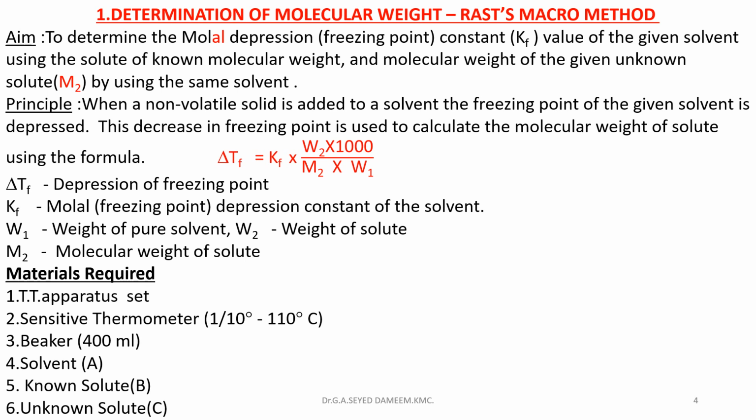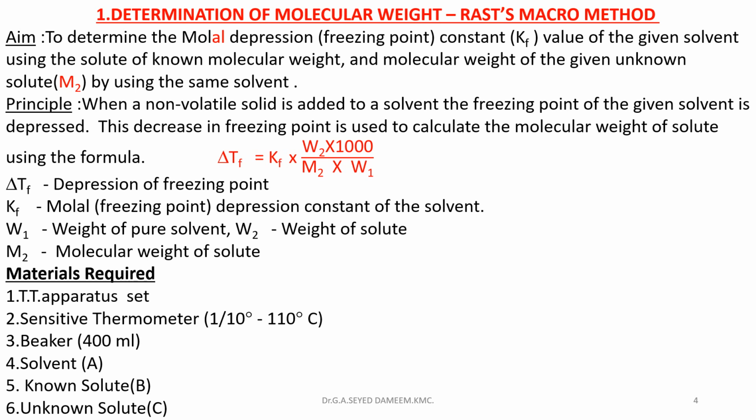In this experiment, 3 substances are given to the students: one substance is the solvent, another is the known solute, and another one is the unknown solute. Known solute means the molecular weight of that solute is known, that is given. Using the Rast method, the first determination is the molar depression constant of the given solvent, and the second one is the molecular weight of the